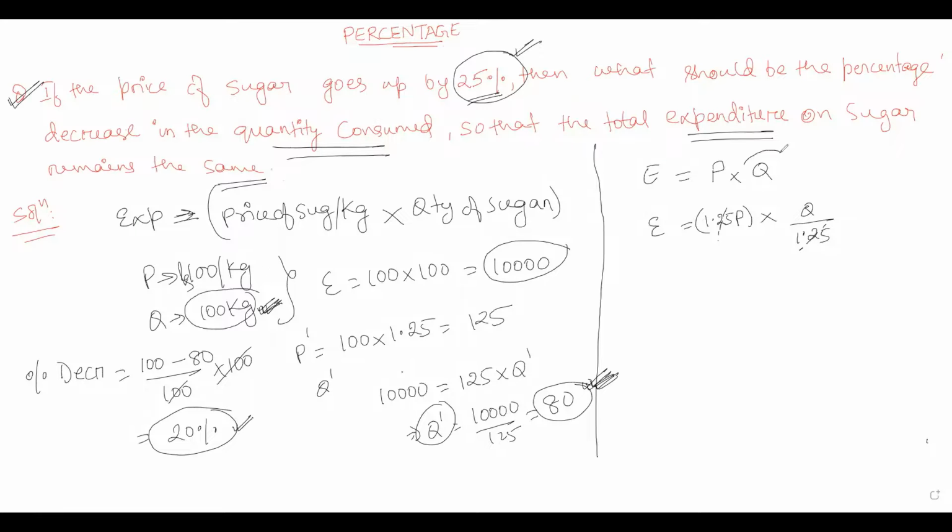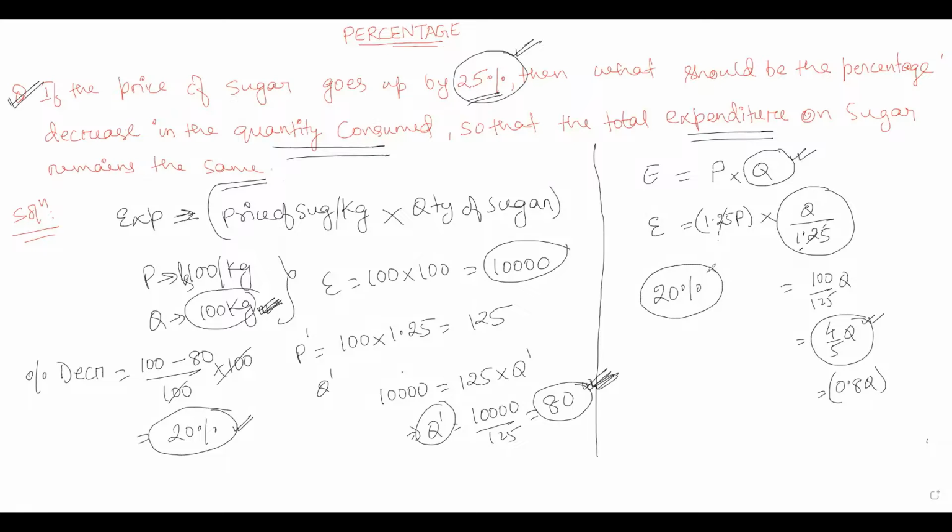So initially the quantity was Q, now the quantity is Q upon 1.25. So let us try to simplify that. This would be 100 upon 125 of Q. So this would be 4 by 5 of Q. So initially it was Q, now it is 4 by 5 of Q, or this is 0.8 times Q, that is 80% of Q. So initially it was 100%, now it has become 80%. So directly we can say that there is a reduction of 20% in the quantity consumed so that the expenditure